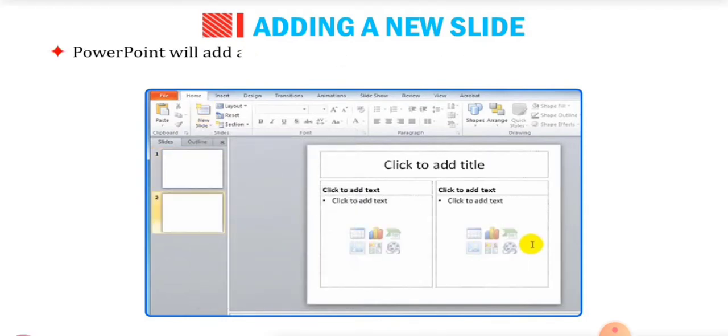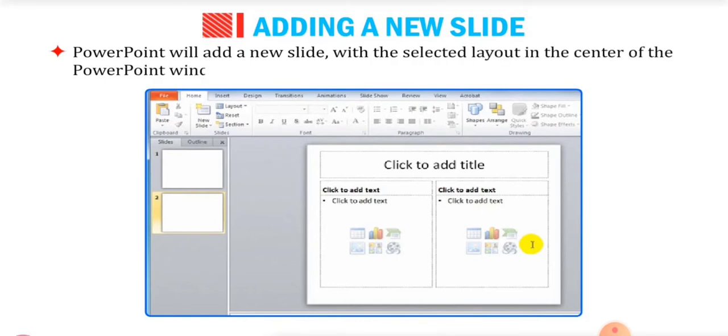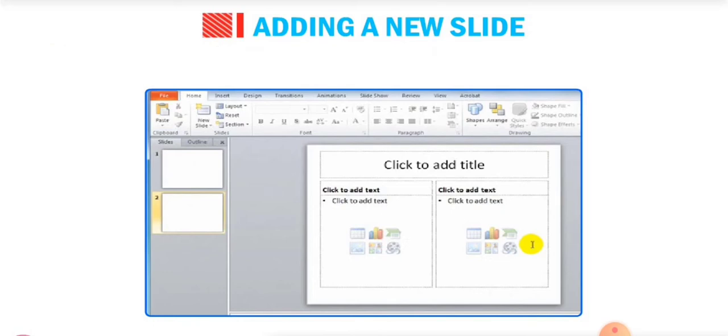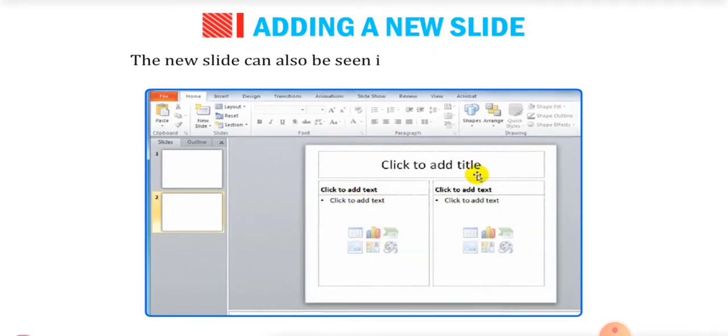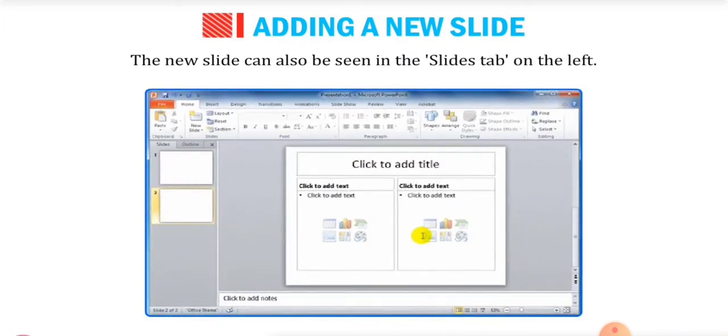You can see here PowerPoint will add a new slide with the selected layout in the center of the PowerPoint window. Here you can see this is our new slide, and this layout is of two parts of the slide. The new slide can also be seen in the slides tab on the left.